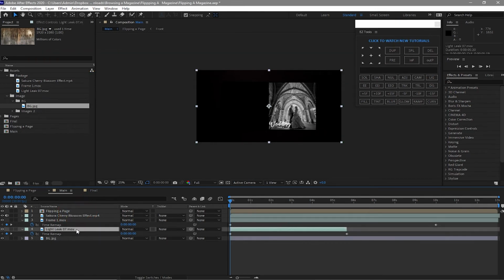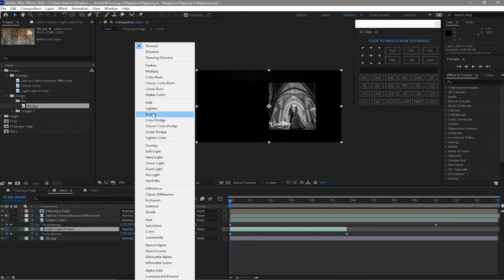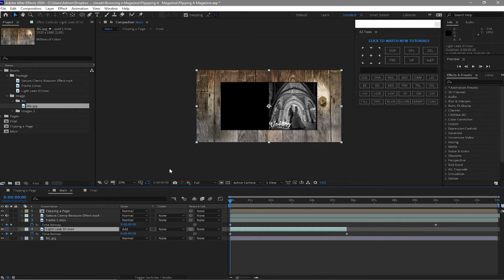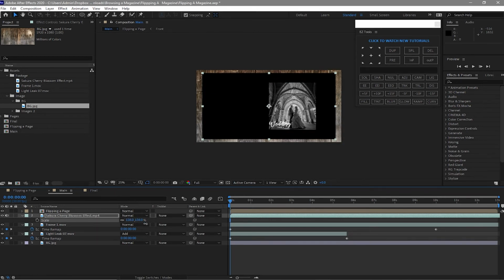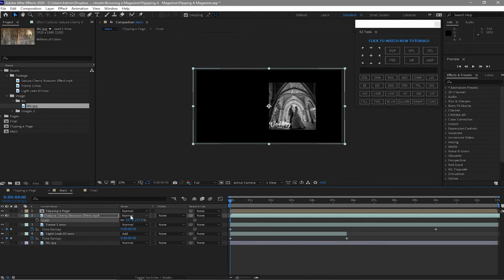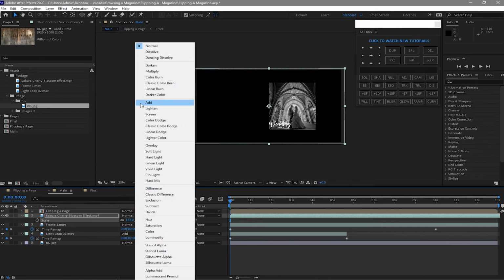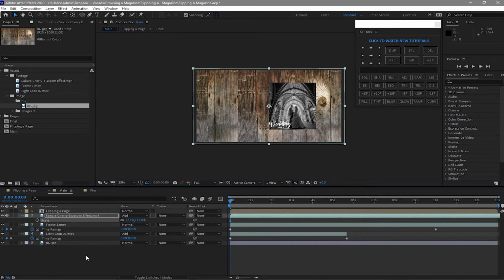And I will highlight this light leak and I will make it add. I will resize the Sakura cherry blossom. Press S to scale it up. And change the blending mode to add. I will also resize the frame because the frame is small.